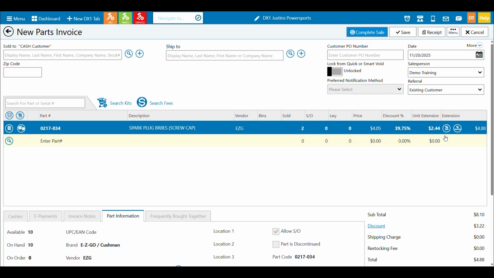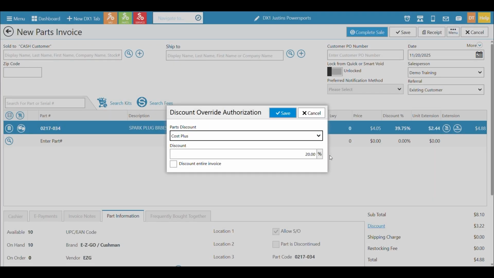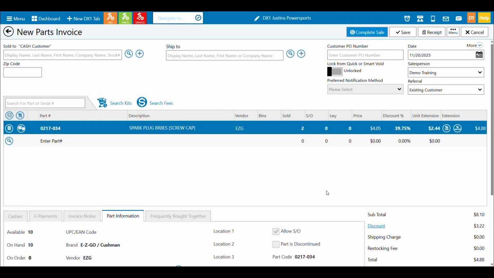So I think a lot of dealers that we have don't realize that that functionality exists in that drop down to handle that. Now, granted, a lot of our customers, if somebody's tax exempt or they have a cost plus discount, go into the customer record and set that up so they don't have to do that per part. But let's make sure we understand that.